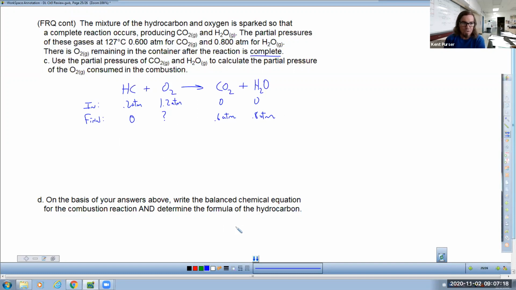When I solved this the first time, how many years ago, I went through a big old process of figuring out how many moles of all of these things were here. And I solved this as a conservation of mass problem, like we did the second week of school with a very similar problem. And it works, but I don't know that that's the best way to solve this question. I think it's better for me to use that note that I wrote on a previous slide that says partial pressures